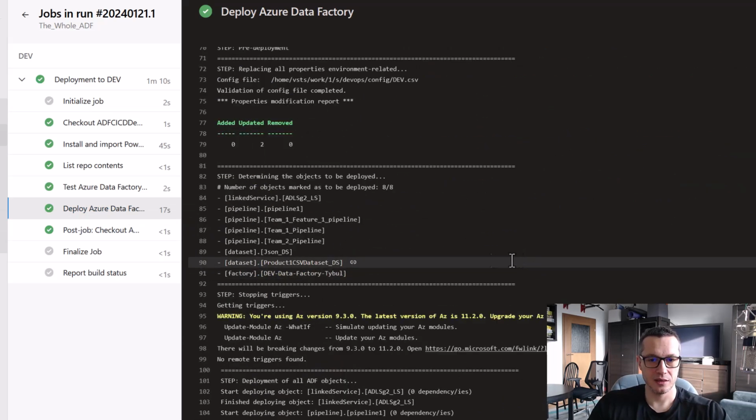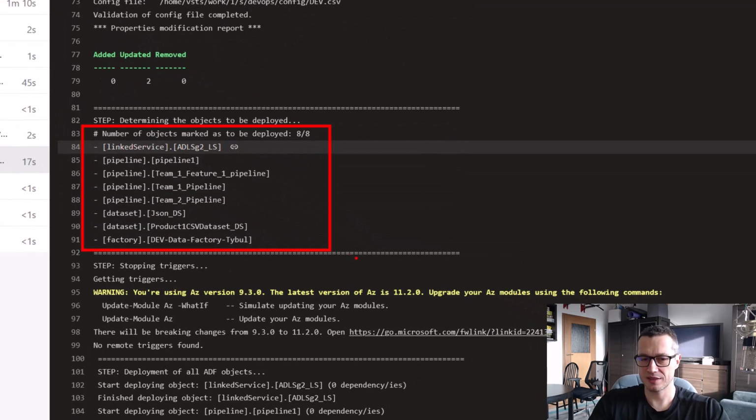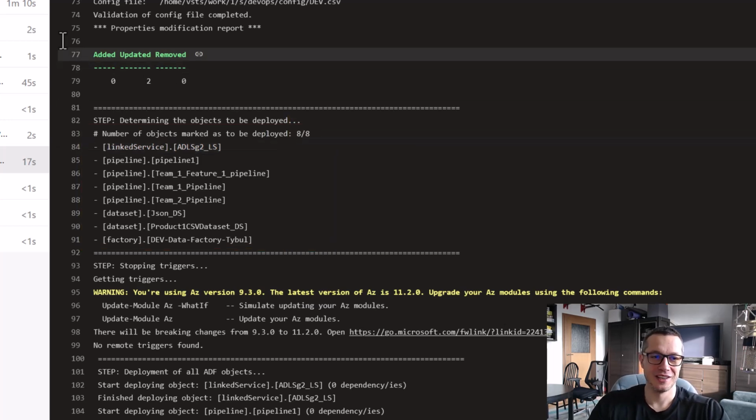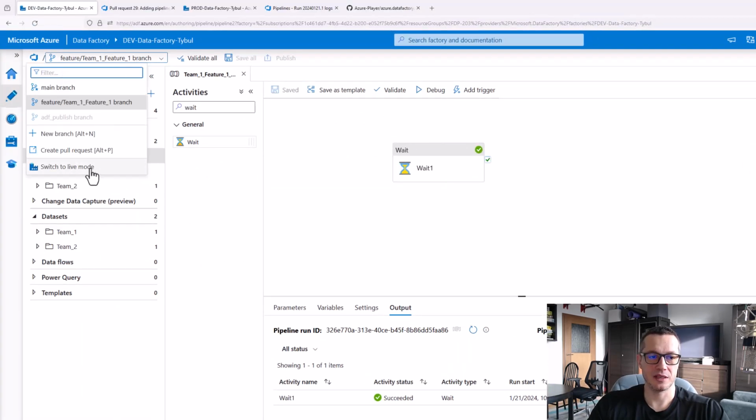I can see exactly that my data factory, it contains 8 objects. It has some pipelines, it has a linked service, it has some datasets, and it has a data factory definition itself. And this pipeline, it deploys everything, 8 out of 8 objects, because at this moment, I want to deploy everything. It is not a selective deployment yet. But it went fine, at least according to this pipeline. So if I go back to my dev live instance,